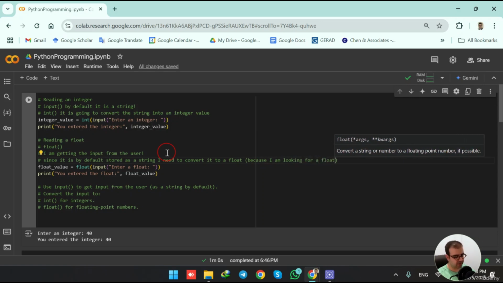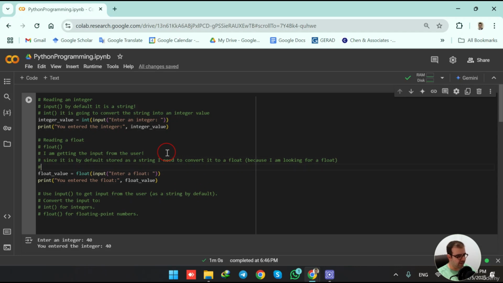If I was looking for an integer, I was going to convert it to an integer. Okay. And then the entered value is converted to a float number, and that is going to be assigned to float value